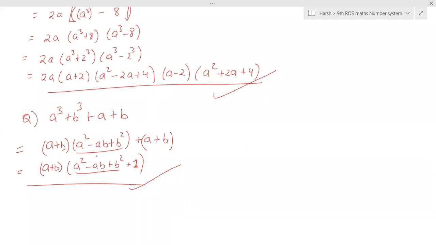Yes, sir. Okay, and one more thing, you have science class, and at 4 o'clock you have a test, 4 to 5. Hope you have logged in either in the app or on web. I'm talking about science students. Once you go on the app, you have to click the exam tab, and you will find the question paper right after 4 o'clock. Before 4 o'clock, it won't open. After 4 o'clock, it will open.